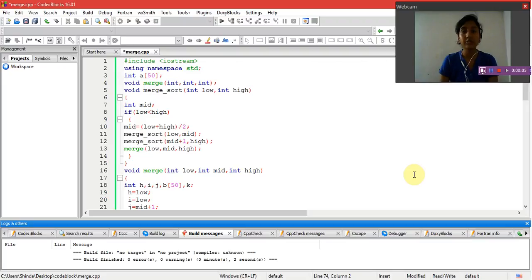So the aim of this program is to implement merge sort and quick sort in a program. First off, I've declared the header file #include <iostream> and also the header using namespace std. Now I've declared an array of type integer of size 50. Now here I've declared a global function called merge, and declared the data types integer for each of